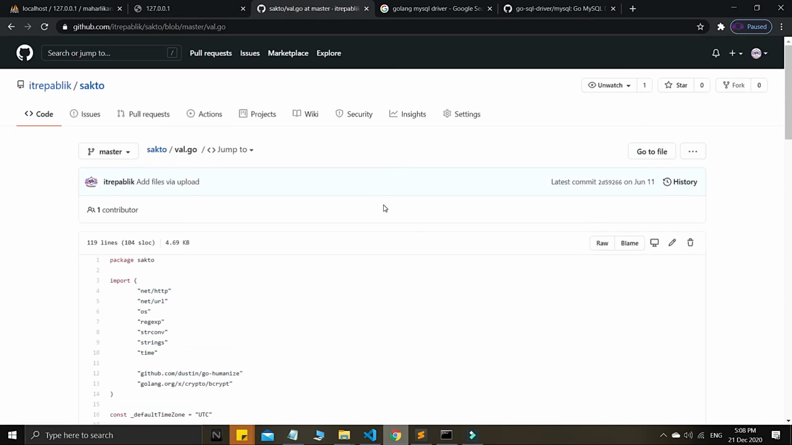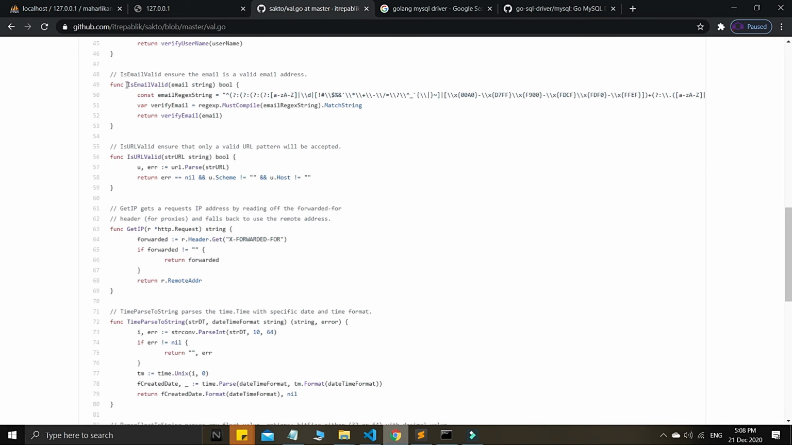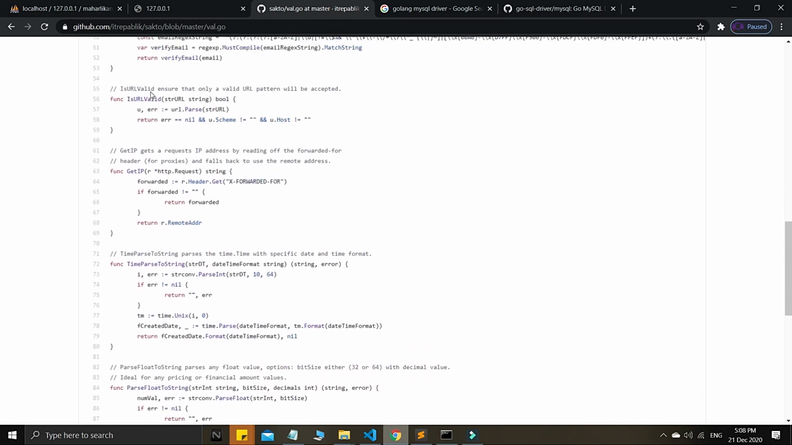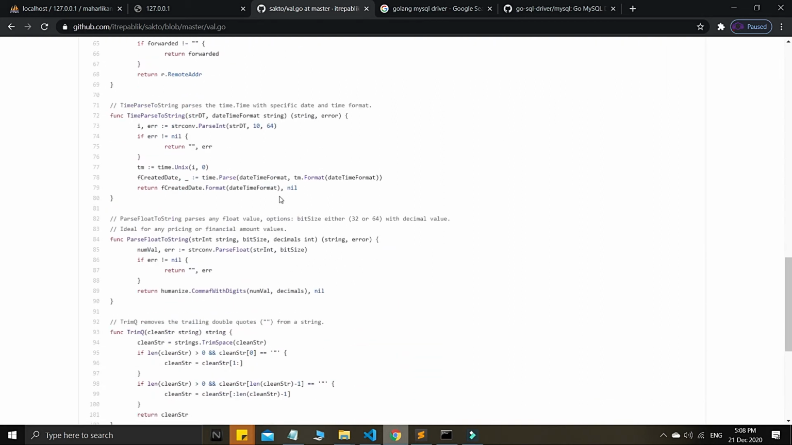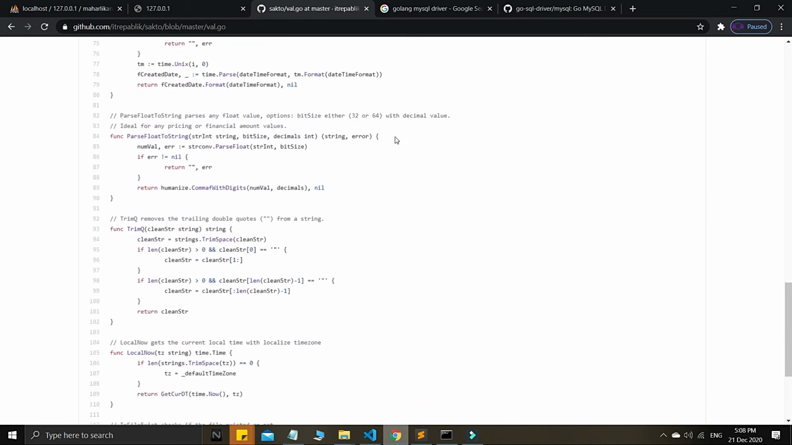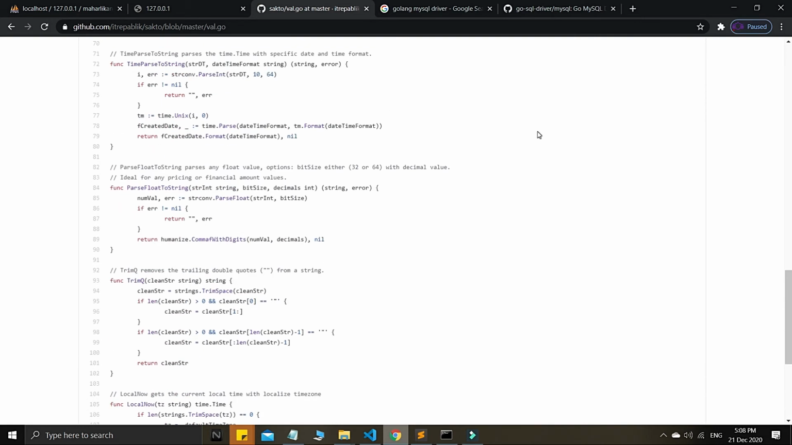Sakto means, in my own language, something like correct, some kind of validation, guys. So these are all the common validations, like is email here. I already predefined all these things, guys, so we just want to validate. This one is a tested one, and then URL also, whether a URL is correct or not. Then the IP address, time parse, and many more here, guys. You need to parse float to string, all these things. Every time I encounter new common functions, I will update our Sakto package